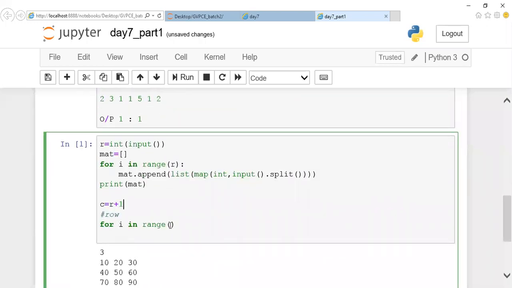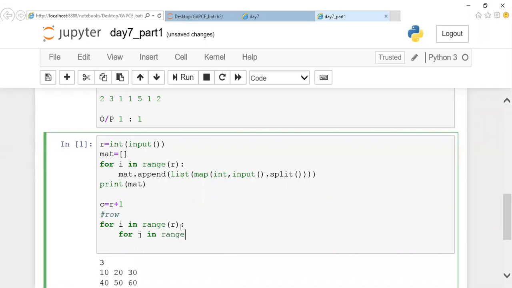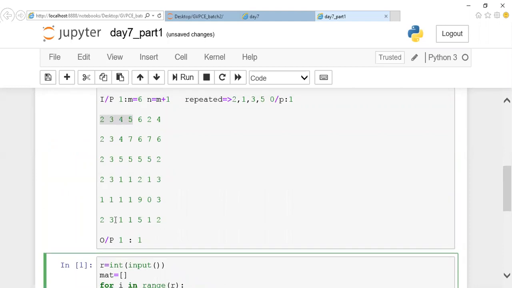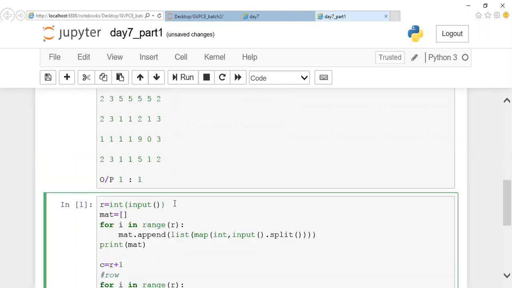So now let me start the for loop here. Here the row loop is going to execute row times, and this column is going to execute column minus 2 times. So why do I mention this one? I'll let you know. Listen here. Right now, what is the given condition? Your m is 6, which is nothing but your row value is 6. This is a given value, isn't it? And here, what is your column value? 1 greater than it, which is nothing but 7.